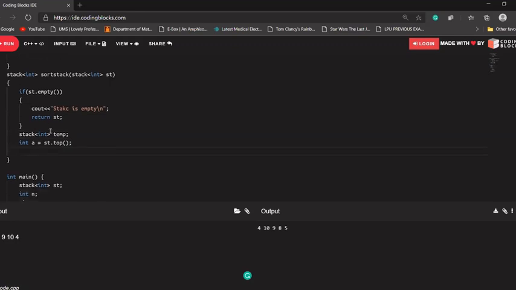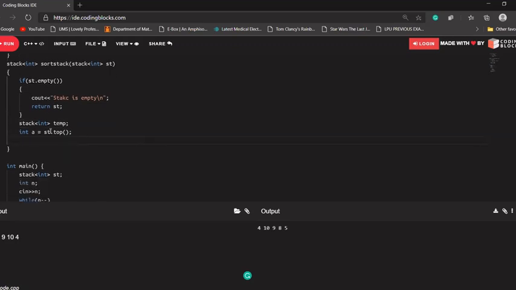So in the first scenario, I just have to pop an element from the top of our main stack, that is st, and we have to add that value into our temp stack. Let's say temp dot push that value. Okay, and as well I have to pop that value from the main stack. Let's say st dot pop.